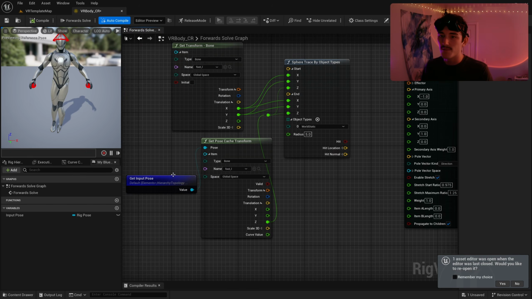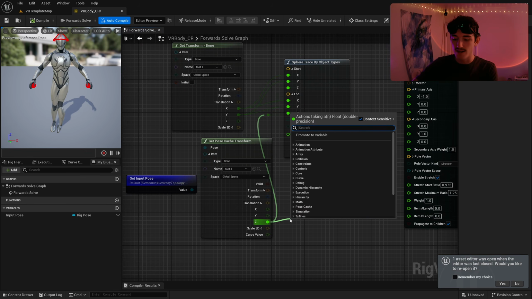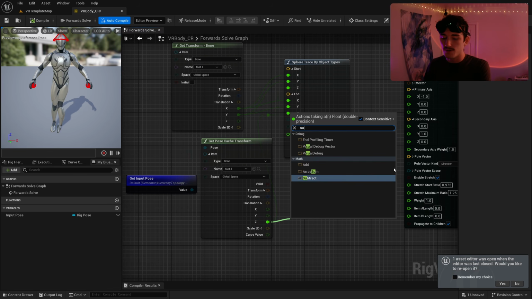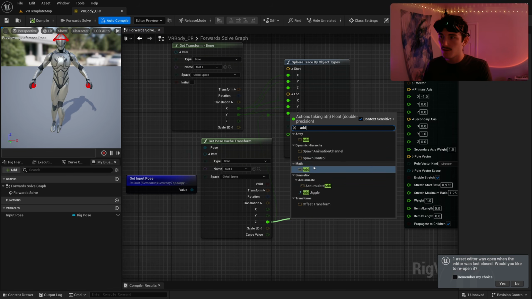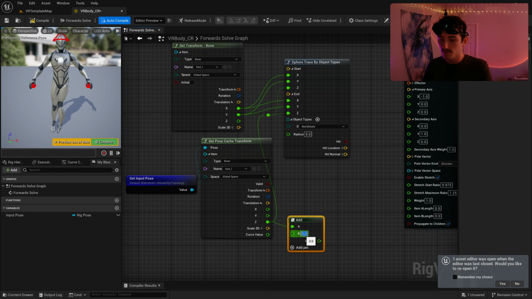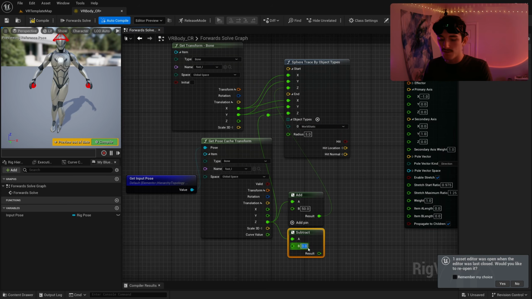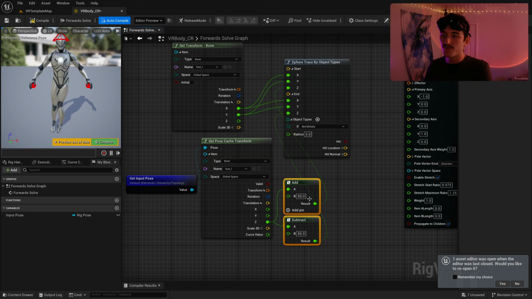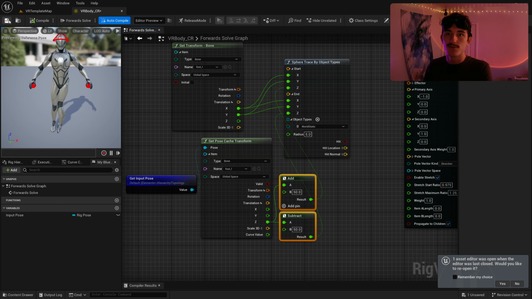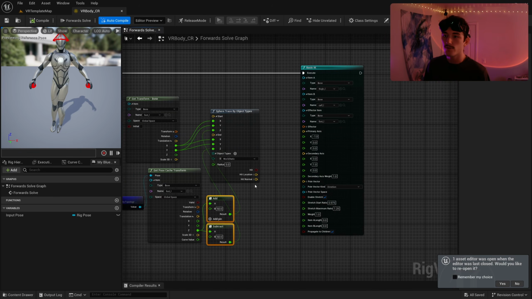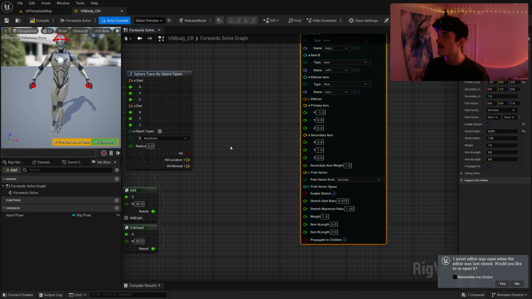And I actually lied. We're not plugging the input pose Z height directly. We are going to add 50 to it, and that's going to be the start of the trace. And then we are going to subtract 50 from it, and that's going to be the end of the trace. So we're going to just check 50 units up and down from the foot height to see if we collide with the floor. Now we are going to take this hit location